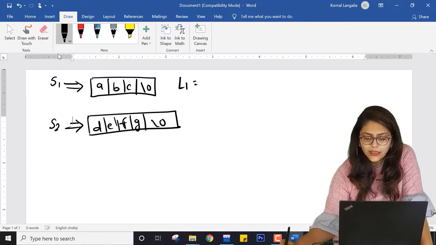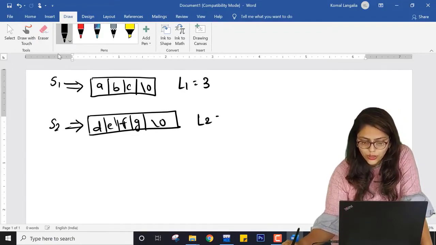So here length equal to 3 and here length equal to 4.